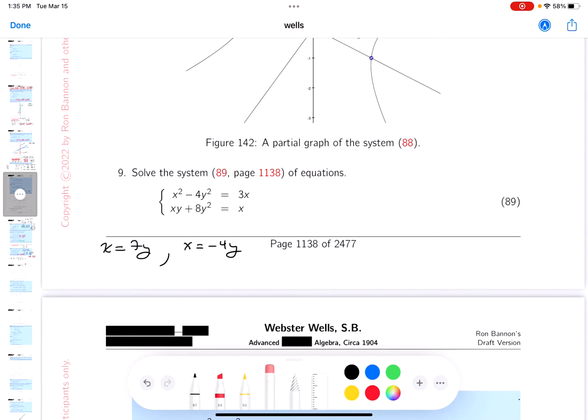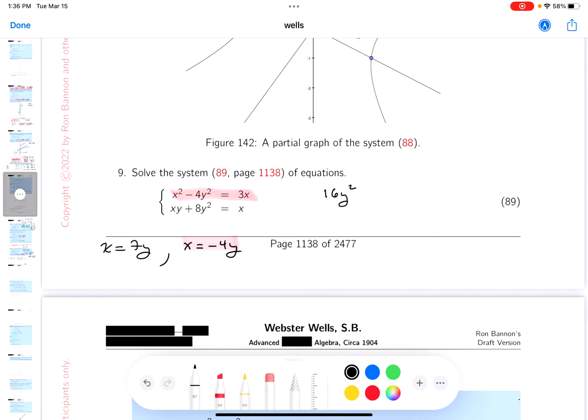So which one of those 2 would you go for first? I think minus 4y. X equals minus 4y. And what I'm going to do is pick one of those equations. And the equation I want to pick is, I think, the first equation. And we're going to plug it in. We're plugging this in to the first equation. What do we get? Let's see, 16y